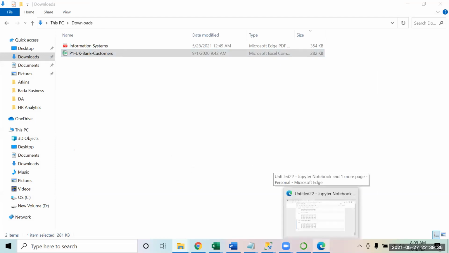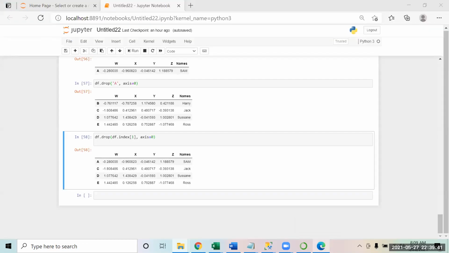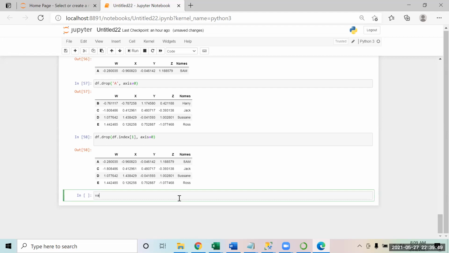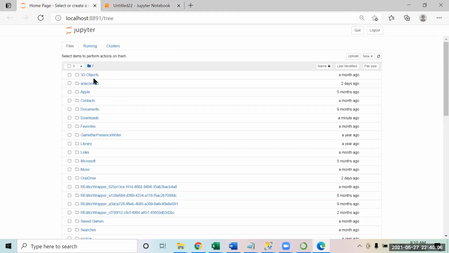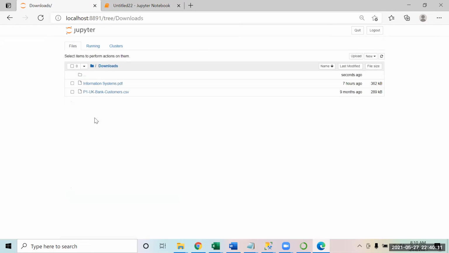So in order to read data from a CSV file, what we do in that case is, if you come over here, you will be using a function. First of all, I'll just wait so that you all have the data. So you create a variable by the name of bank, and then you will say pd dot read dot CSV. This is what we use. So the file is over here.